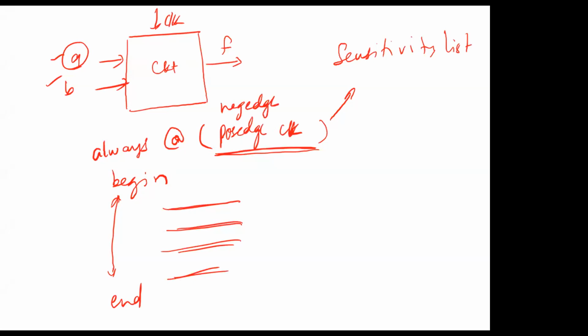Right. So what happens is whenever there is a positive edge in the clock signal that is going in, changes take place. Whenever there is a negative edge in the signal going in, changes take place. If you want your circuit to change every time there is a change in the level, I mean, whenever there is an edge, you can always write posedge clock or negedge clock or things like that, right? You can have any kind of expression in there. And everything inside that block again happens sequentially. Is this clear for everyone?